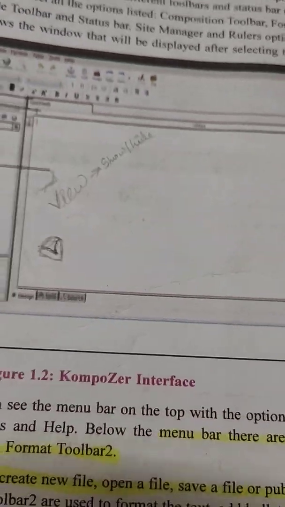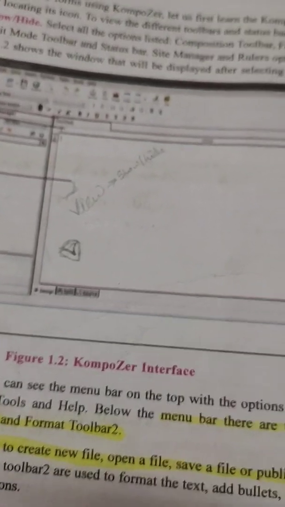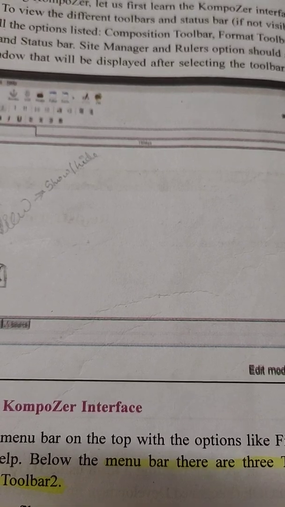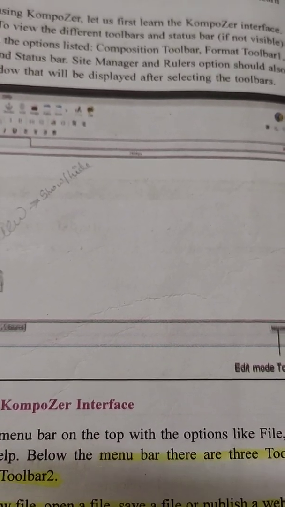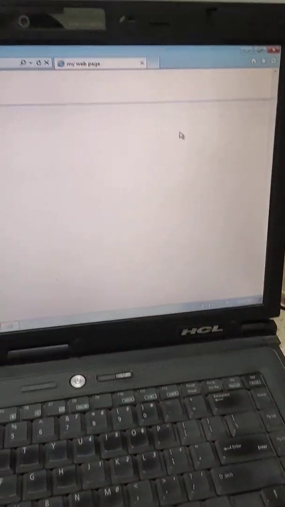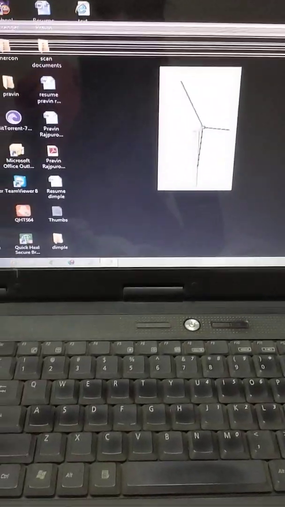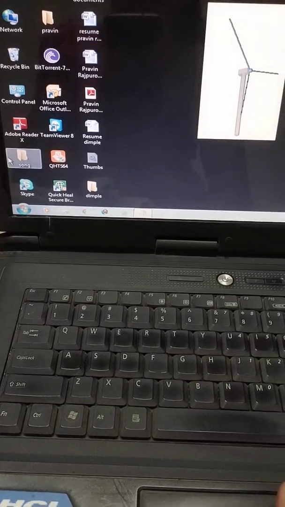See, what is this Composer screen? Children, this is the Composer screen. In Notepad, such menus are not there. Notepad has only 5 menus. I had shown you. Now I will be showing this. See, children, Notepad doesn't have such menus, but Composer has so many menus.